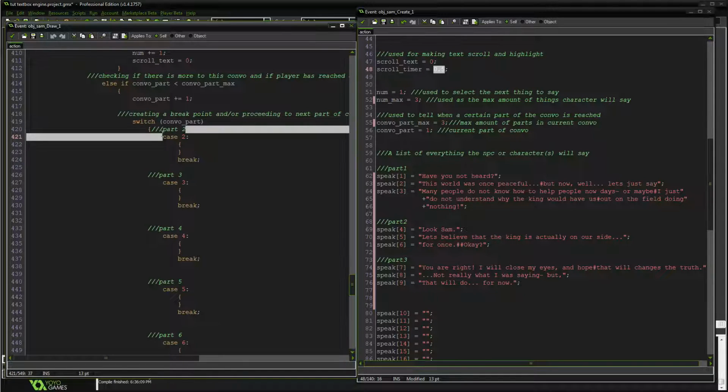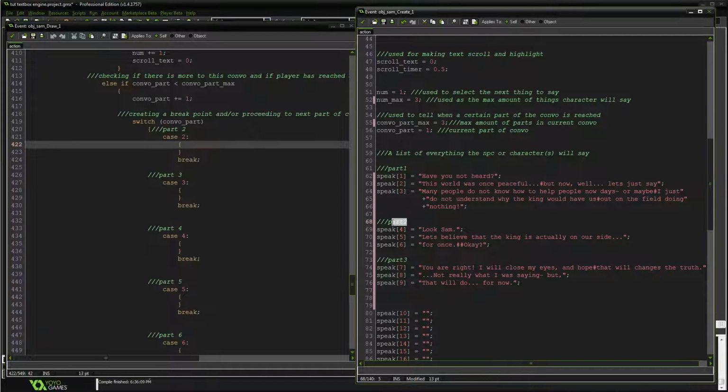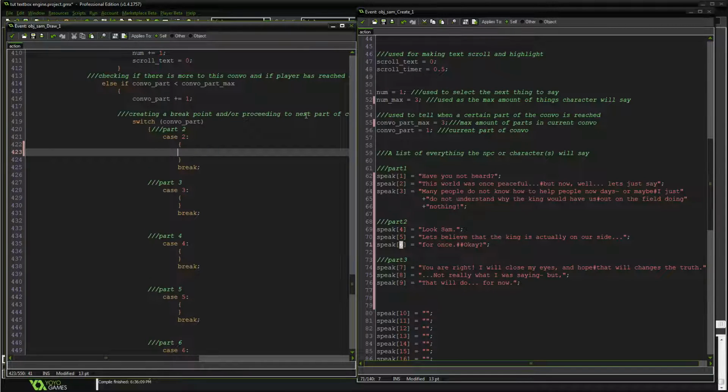So when you reach part 2, what is going to happen? How do you make sure it continues? Okay, well, part 2 is right here, right? So part 2 has 3 sentences, and the last sentence in part 2 is 6. So we're going to change the number max, which is this right here.